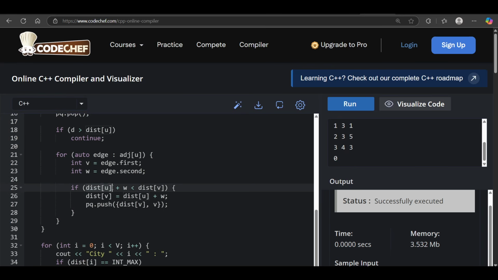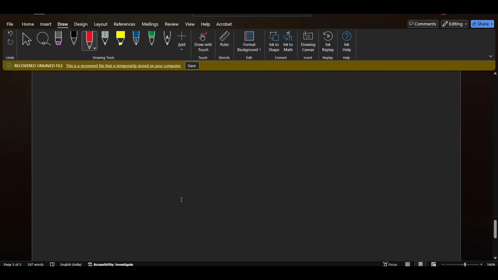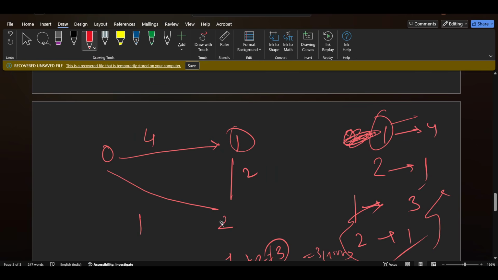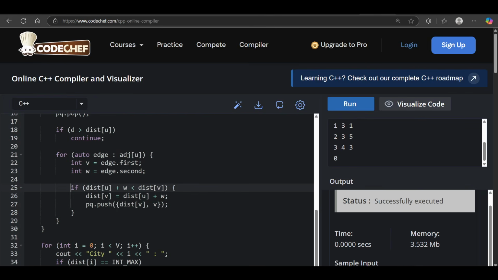The distance of u, suppose we are on this point which is 2. Just listen to me carefully. Again I am repeating, we are at 2. So the distance to 2 is 1, correct? So first we are checking that distance plus the weight.